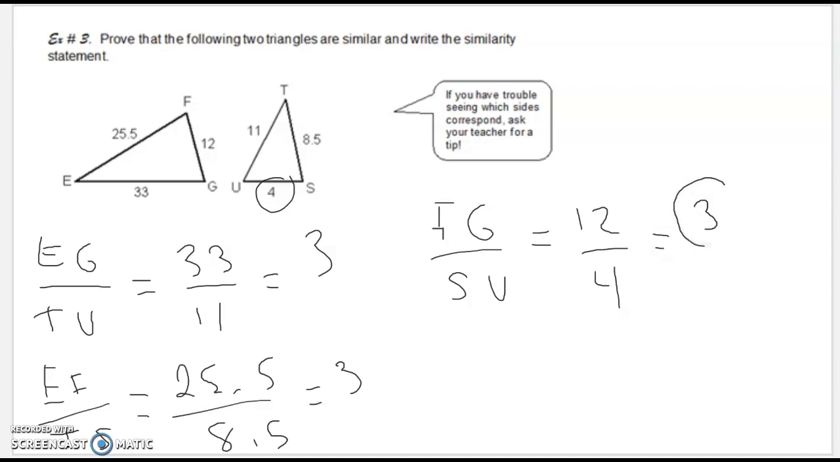Now, this is exactly what we're looking for. Each one, the ratio is the exact same. So, we have just proved that the two triangles are similar. So, now we just have our therefore statement. So, therefore,